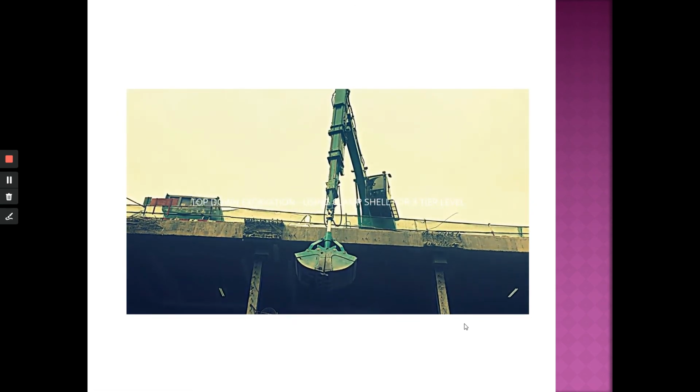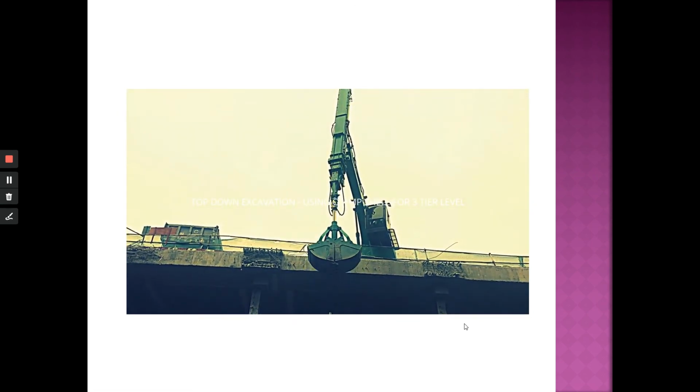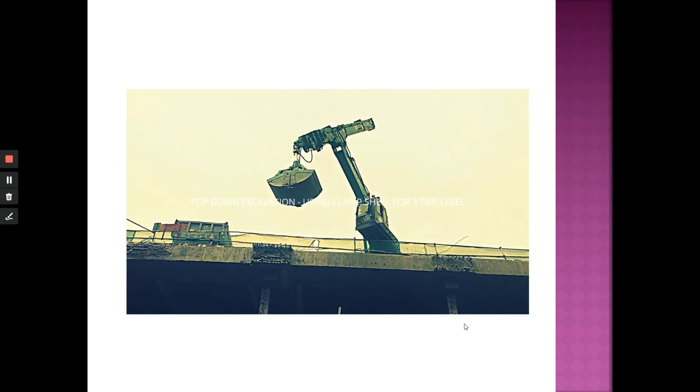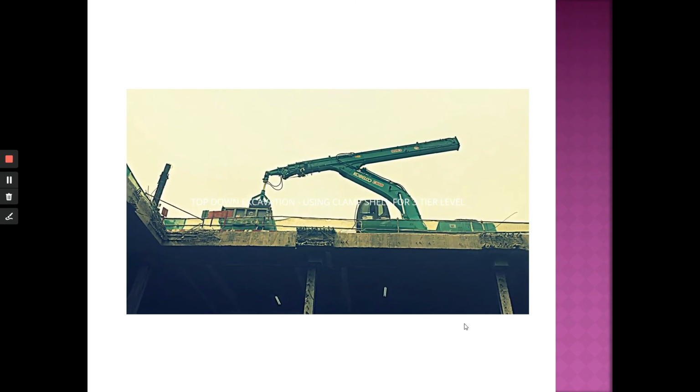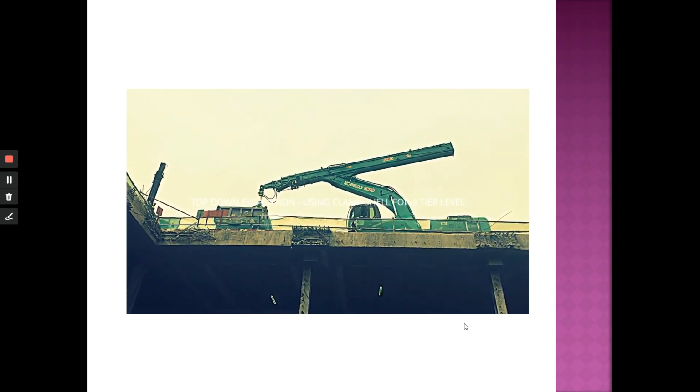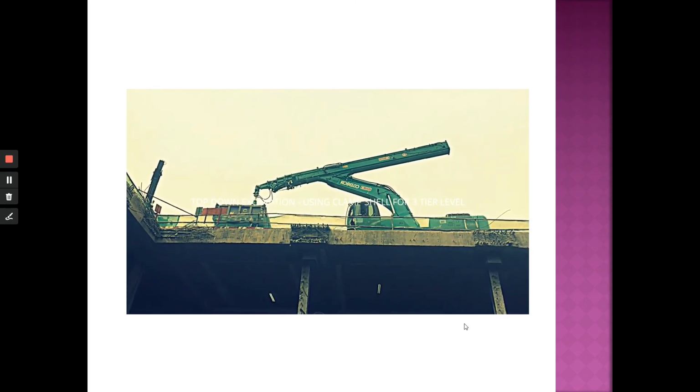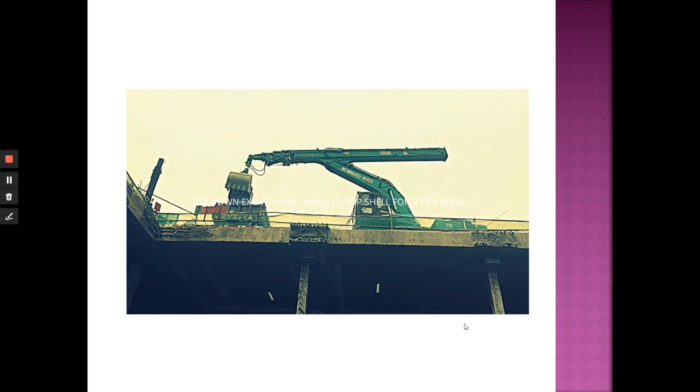So they can actually use the excavator because they don't excavate with such a long arm. So they use this with the bucket.